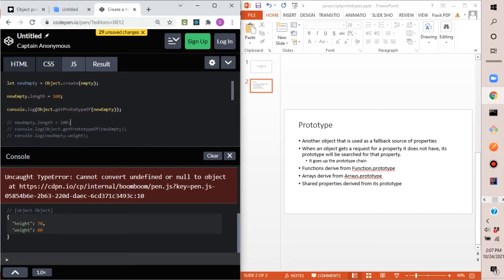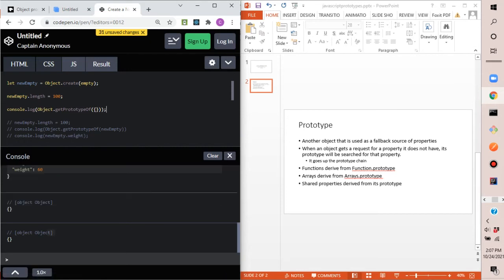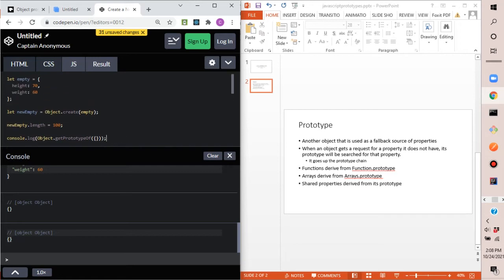Really quick, if you were to do object.getPrototypeOf of, let's say, an empty object, so literally, let's try this. Literally an empty object. You get empty object, you get object, which is where all the objects inherit from. So the prototype of an object that is empty is object. So you still have access to the toString method, right? Because if I did this, okay,